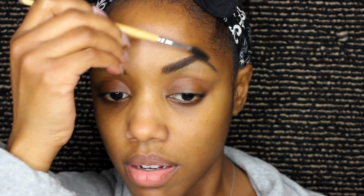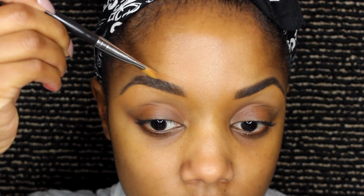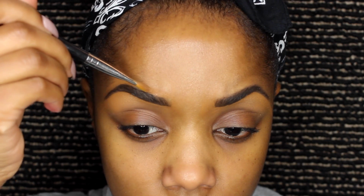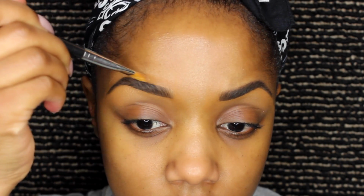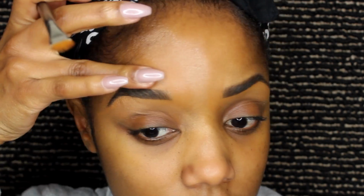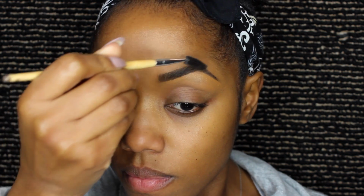I'm brushing the product into the hairs with the spoolie, and then I'm going to clean them with my concealer. This is Studio Finish concealer by MAC, and I'm using MAC's 295 brush, I believe, a flat synthetic brush, to clean around my brows, and rubbing the product in with my finger, making sure, since it's creamy, that it's blended in really well before going back over them with the spoolie, staying in the lines and making sure the hairs are going the